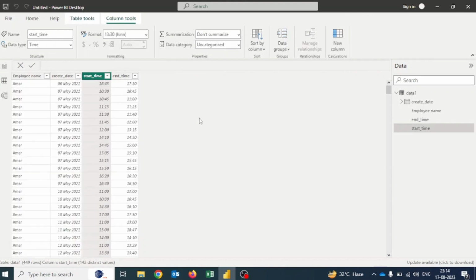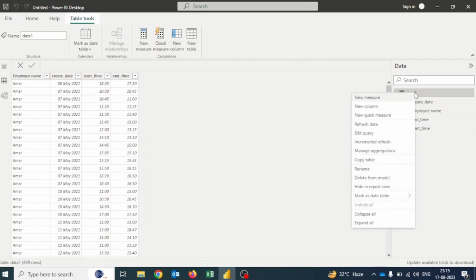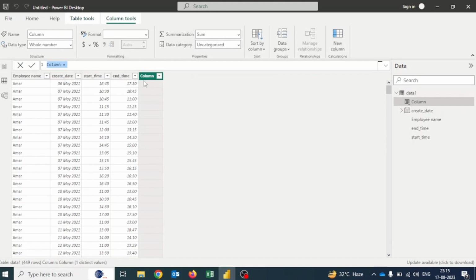Okay. So now I want to calculate the difference between the end time and start time for a particular employee on a particular day. In this case, it is very easy. You can go to data and create one calculated column, I mean to say a new column. And I am giving the name of this new column as duration,